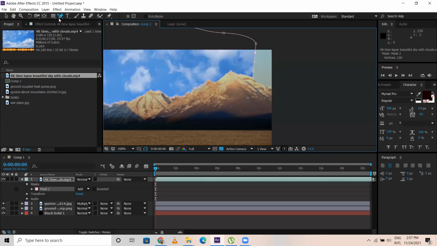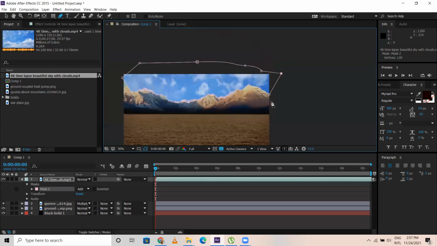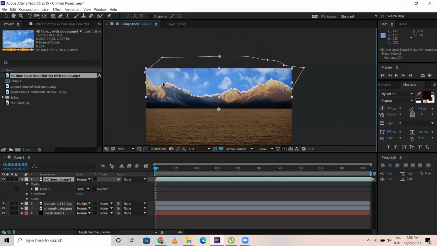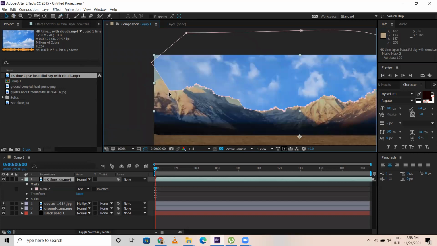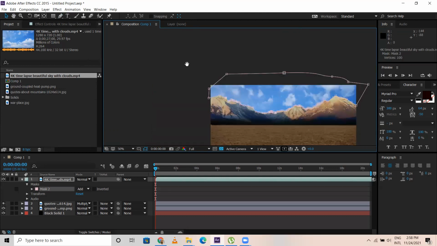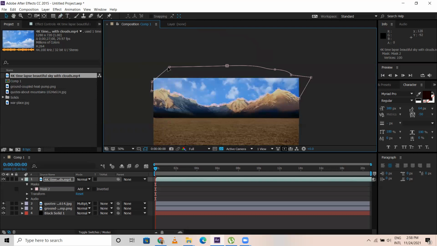Then you can go back to the pen tool, drag and drop here like this. Like this also can be done. Then I think post this, I can give a bit of feather.